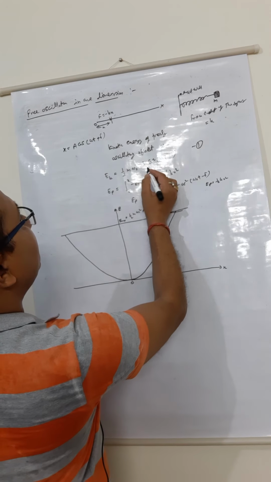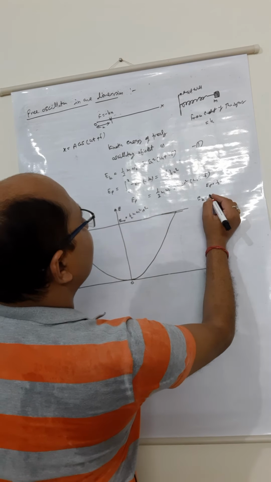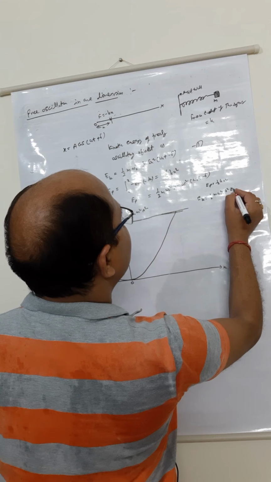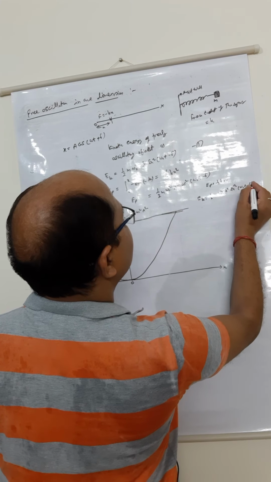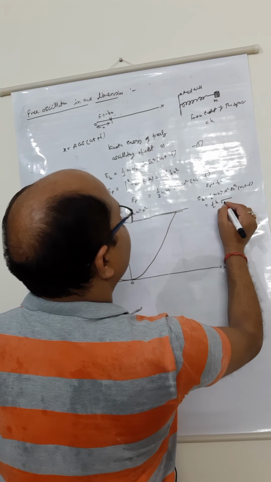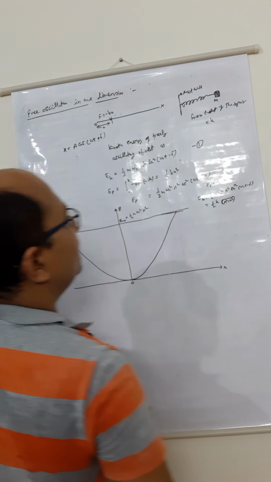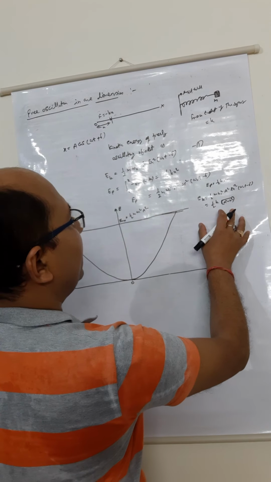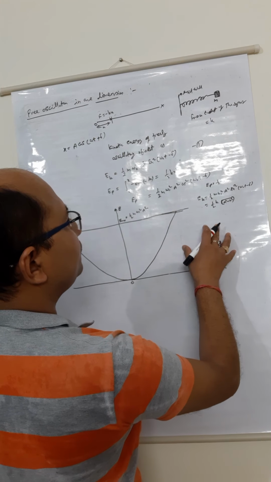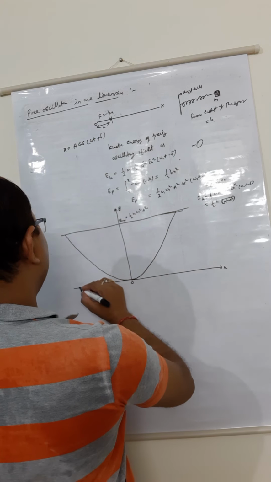And here this can be represented E k is equal to 1 upon 2 m omega naught square A square sine square omega naught t minus delta, and that can be represented as 1 upon 2 k under root A square minus x square. We can represent it so. So this comes out to be this much.